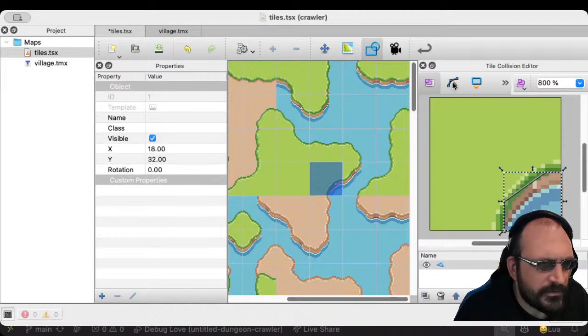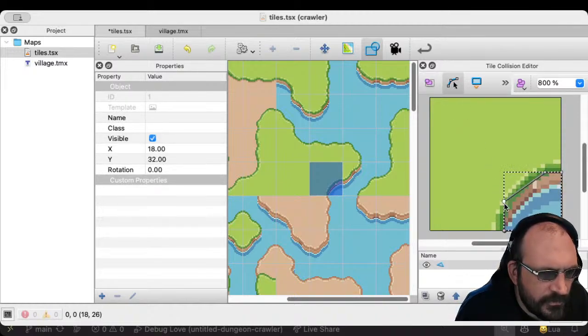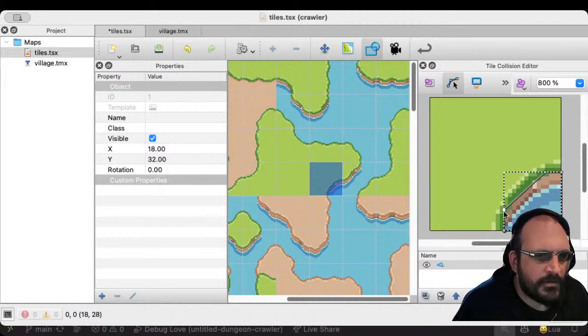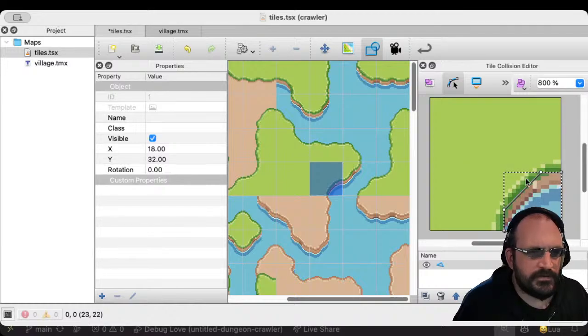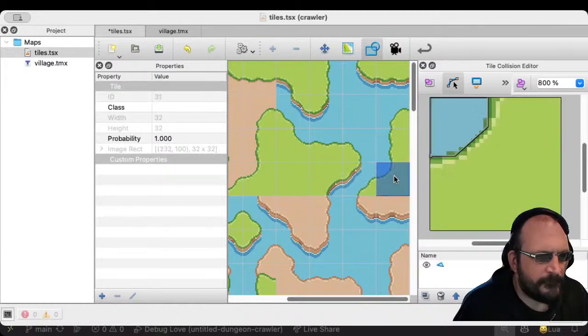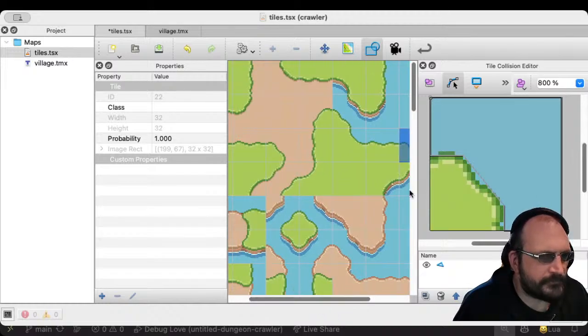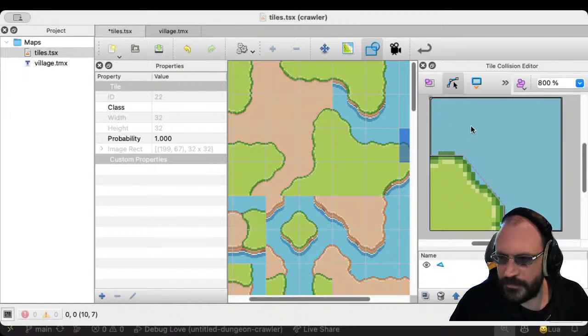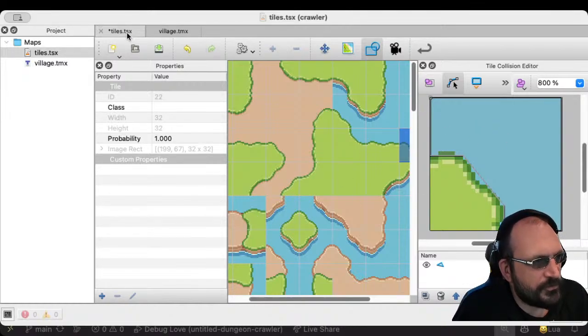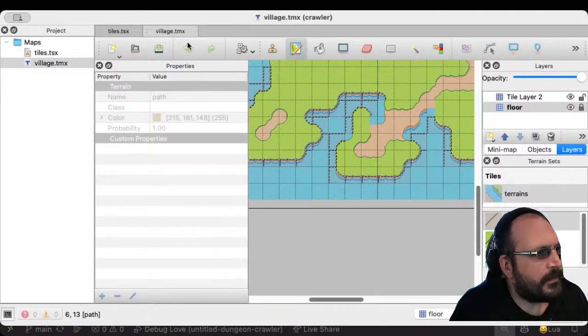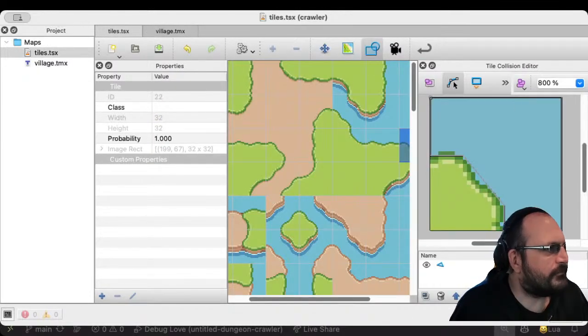Maybe we'll give this a little edit. It looks a little bit rough as it stands, but yeah, I think that's okay. So that will give us a good boundary around most of our tiles. So if we save our tiles and then we export them,